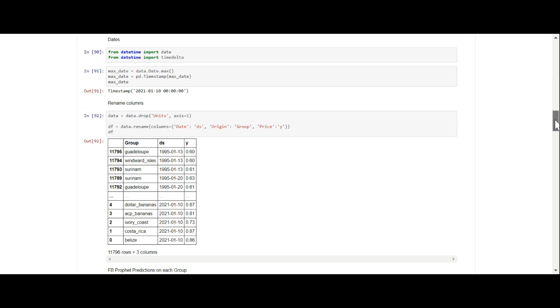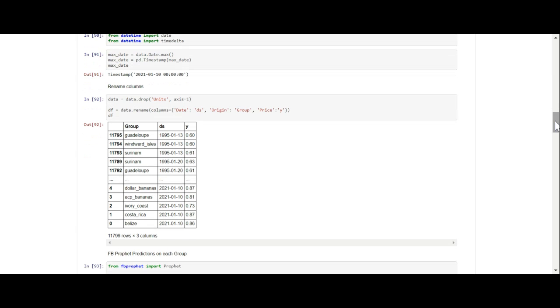So we renamed our columns because we're using FB Prophet. FB Prophet is very specific about the columns that they want. They're very specific about the names of the columns. So I had to rename the columns to DS and Y. And then I renamed origin to group, and the reason why is because FB Prophet allows you to predict on a group.